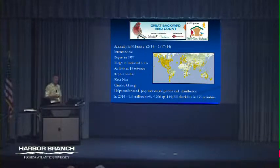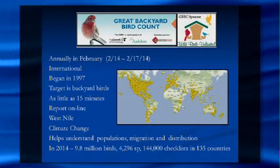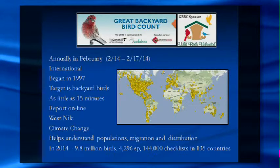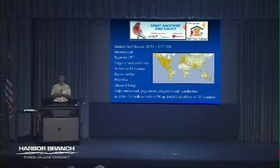And because that was providing so much information during the winter time, there is a new thing that just started up a few years ago, in 1997 here, something called the Great Backyard Bird Count. This is a consortium, Audubon and Cornell Lab of Ornithology, probably the 2 main spearheads for it. But the idea is there are a lot of people who don't want to give up part of their Christmas holiday to go out on a full day of birding. But this is to indeed